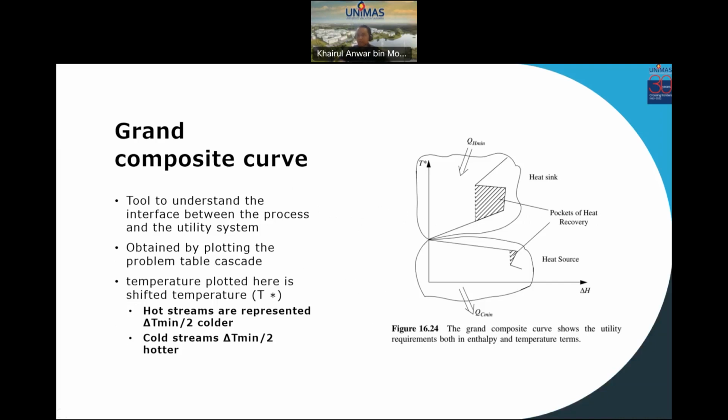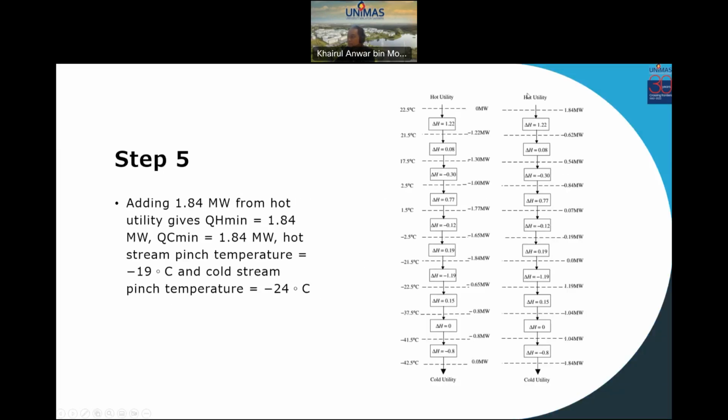Now you will learn how to construct a grand composite curve. This is a tool to understand the interface between the process and the utility system, obtained by plotting the problem table cascade. The problem table cascade is this one